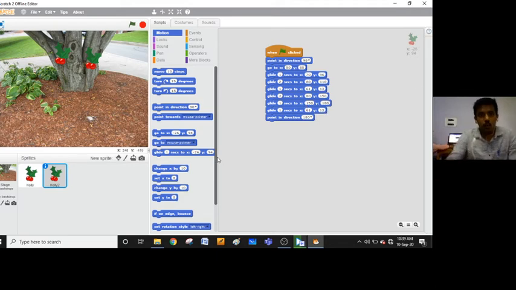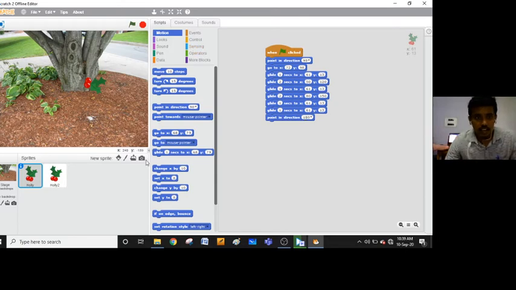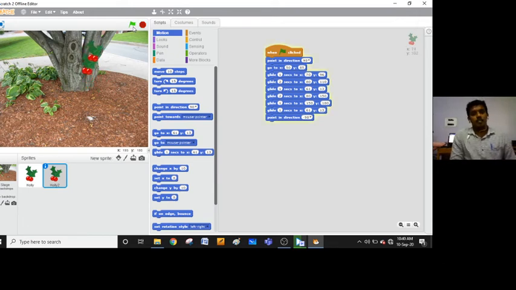So when the flag is clicked, see, two objects started moving. They are gliding to the position in that particular number of seconds, and both moved at the same time in the 180 degrees direction also. If you want to go to the right side, give 90 to holy 2. If you want to go to the left side, we will make it -90, so it will move to the left side. See how it will happen. Let's see how those two fruits are falling.